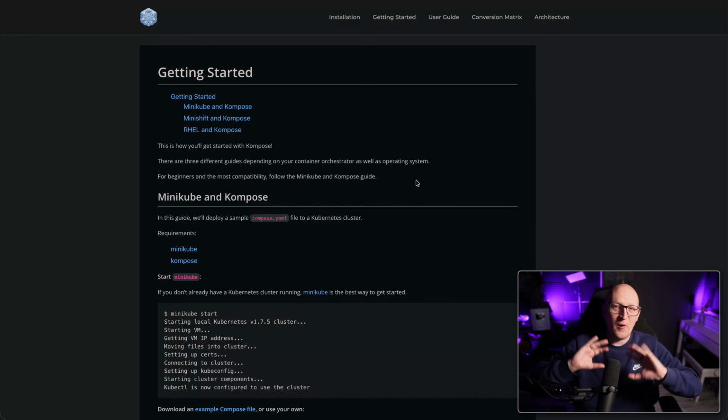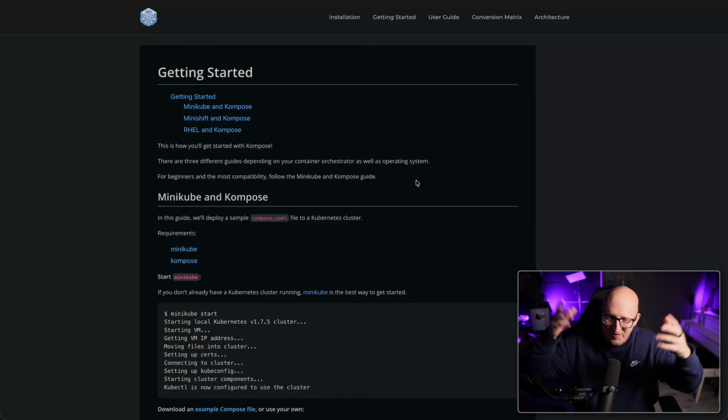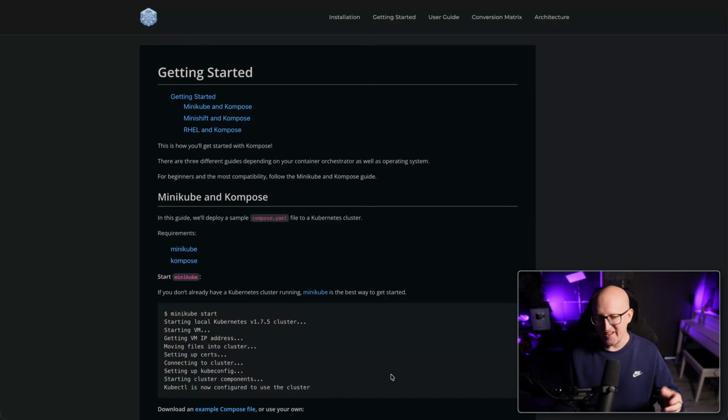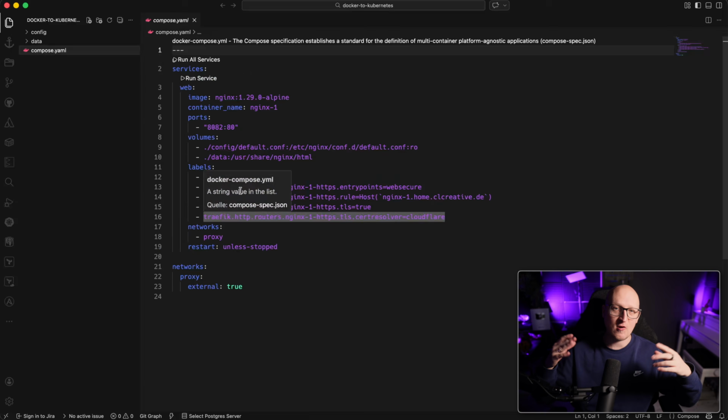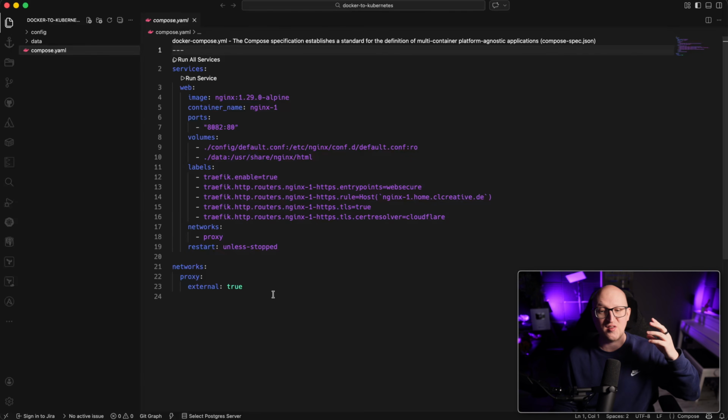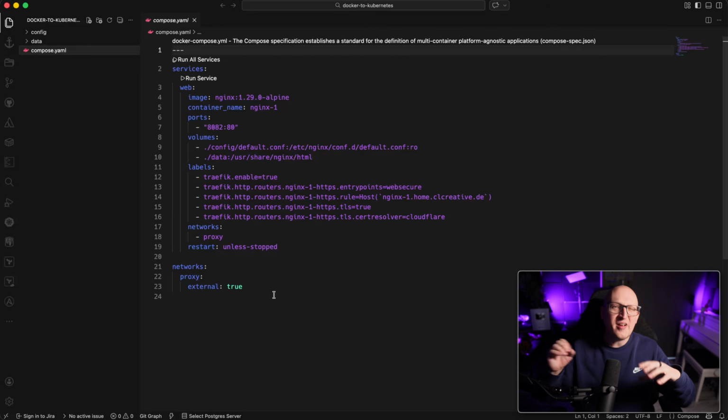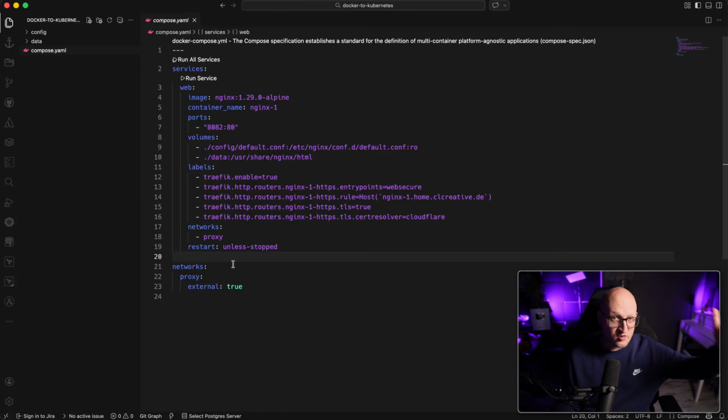Actually, that's already the whole magic behind it, so there is no real complexity. So that's why I thought let's just run through a simple demo example. Here in this folder, I've created a simple Docker Compose file that deploys a simple Nginx web server. It's a really simple Compose file, but just know that you, of course, can also have multiple services, even